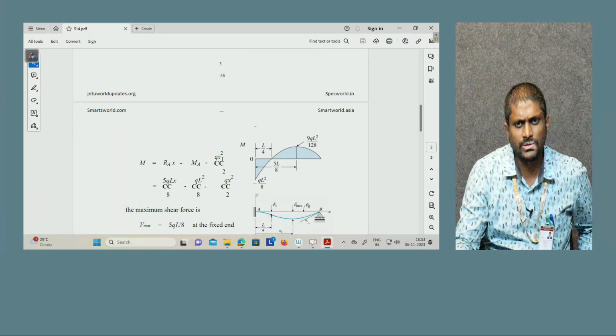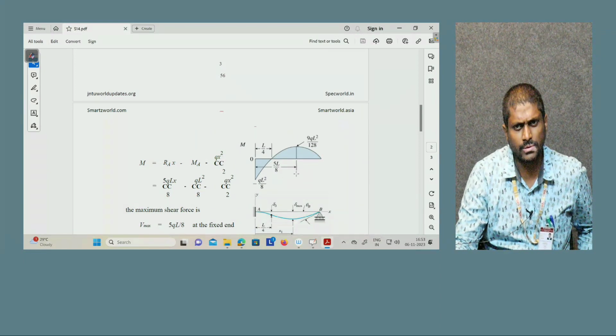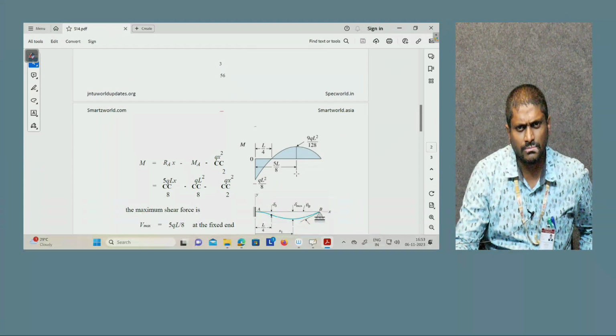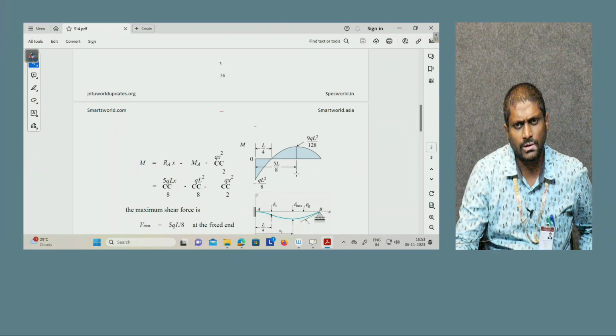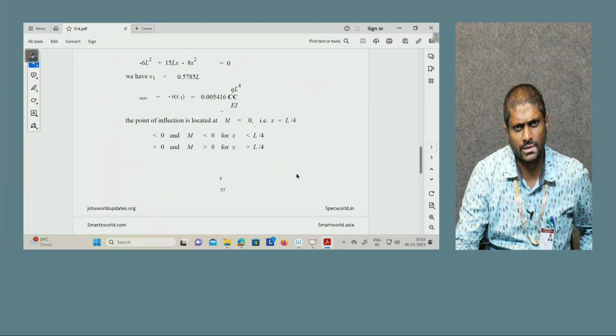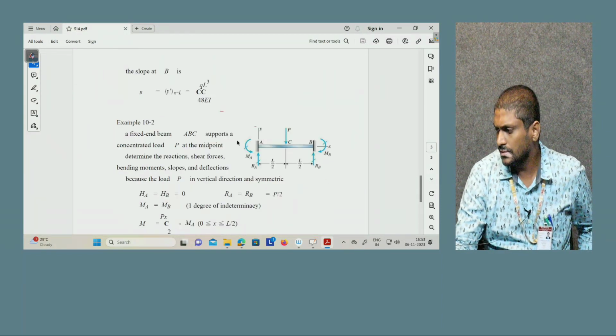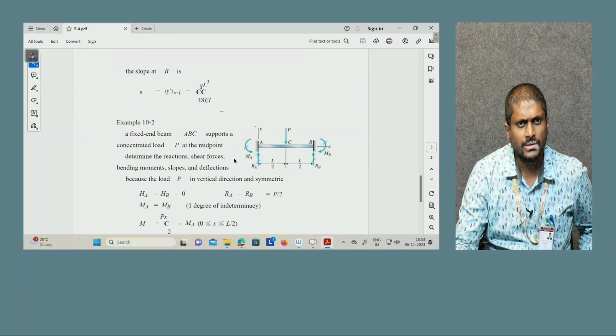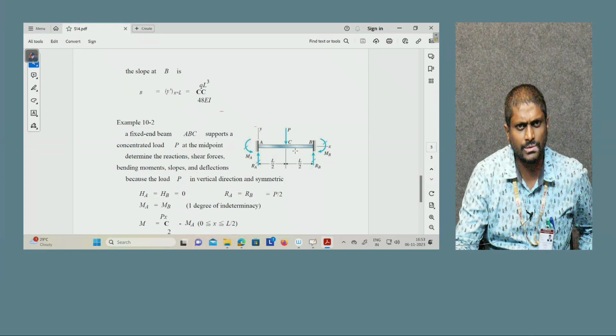Proper cantilever with UDL, proper cantilever with different point loads, proper cantilever with one single load, proper cantilever with a couple. Any kind of category problems can be seen and done like that. Then we can see one more numerical, that is a fixed beam ABC that supports a concentrated load